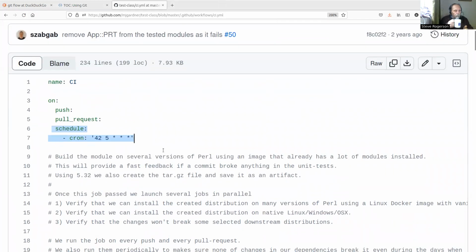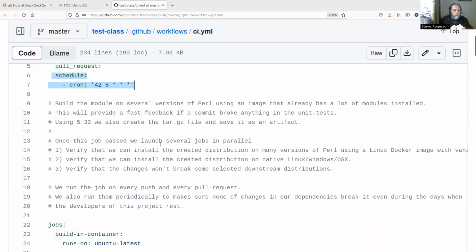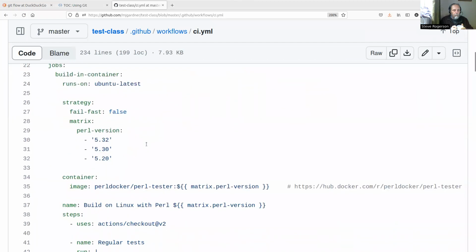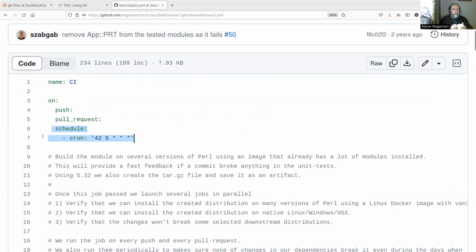Okay. So this CI system, it even runs scheduled once a day. So even if this project doesn't make progress, but the others, its dependencies or its downstream packages, it will still test them. Okay. So that's why it's actually